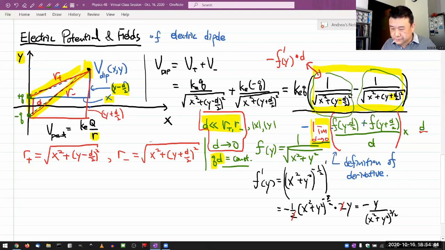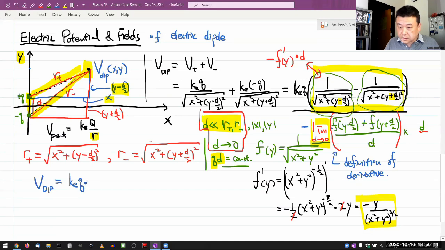All looking good, I think. So let me plug this expression into that space there, and I will write out the cleaned up version here. So the electric potential of a dipole is equal to